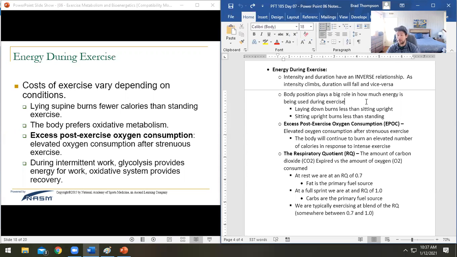But what would happen if I wanted to burn a little more energy? I could teach this lecture like this. I could have just stood up the whole time. I could be up here and just be like, so, ATP, right? Body position means that I'm recruiting more muscles to stay standing. I could also be doing little mini squats this whole time, right? If I were to do that, I'd be burning even more energy during this lecture. So body position plays a really big role in how much energy you're burning,